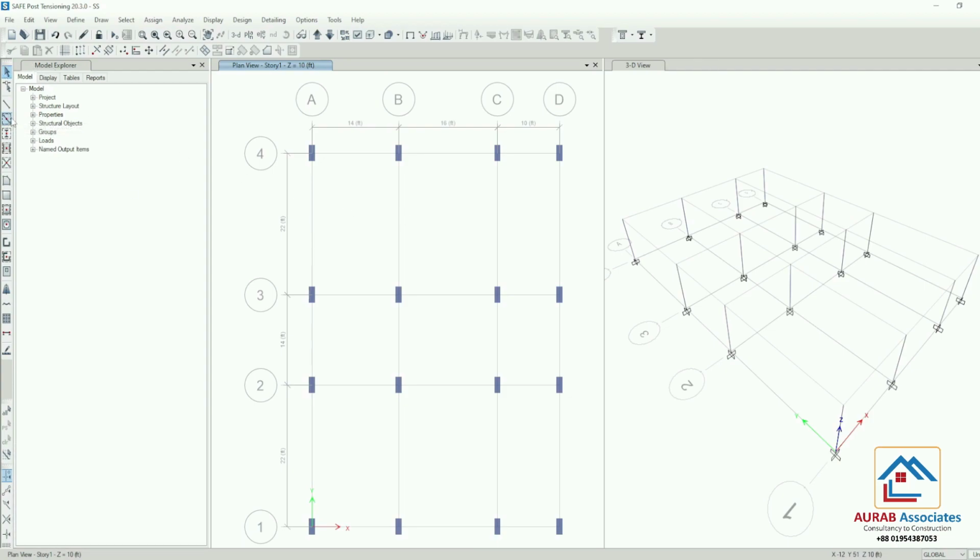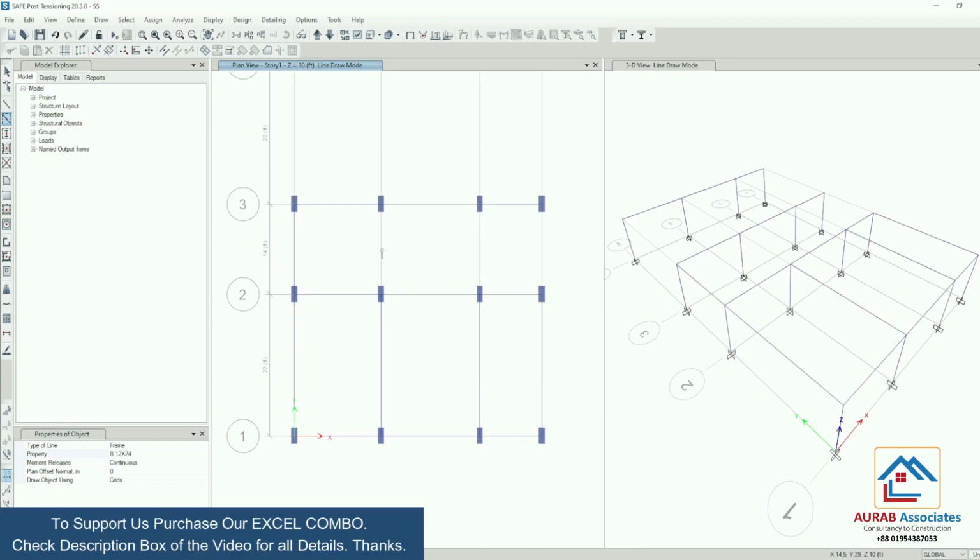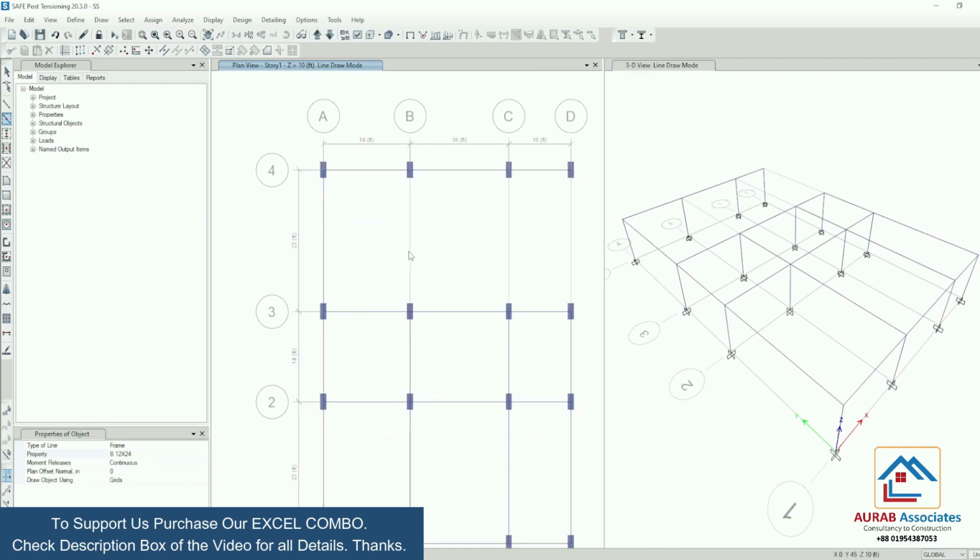Now we will model beam 12 by 24. Now we can model slab.